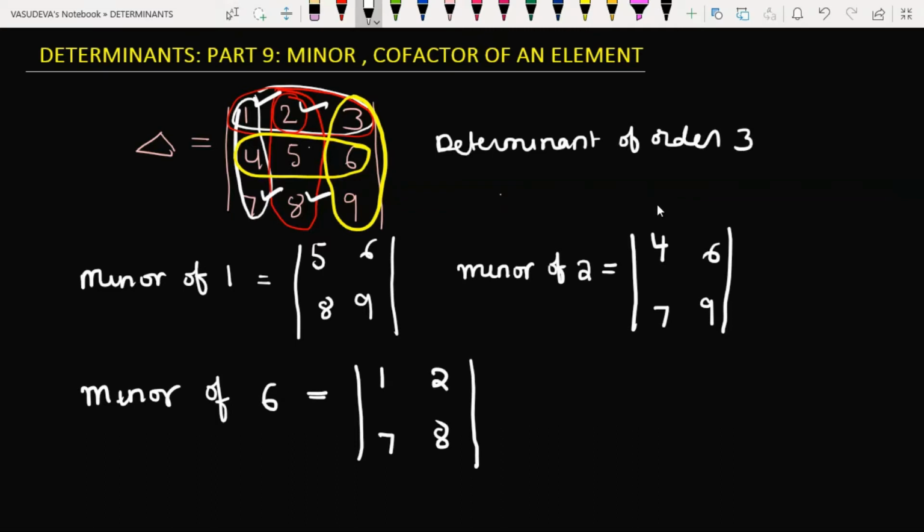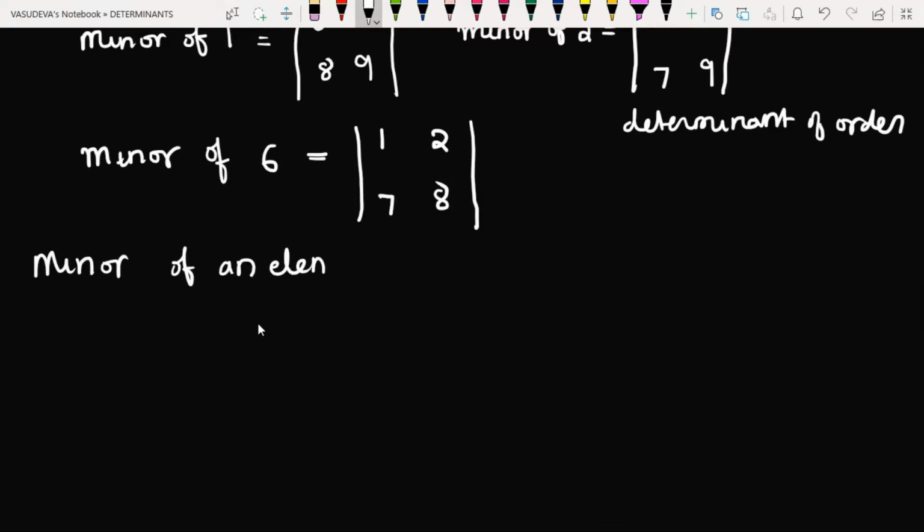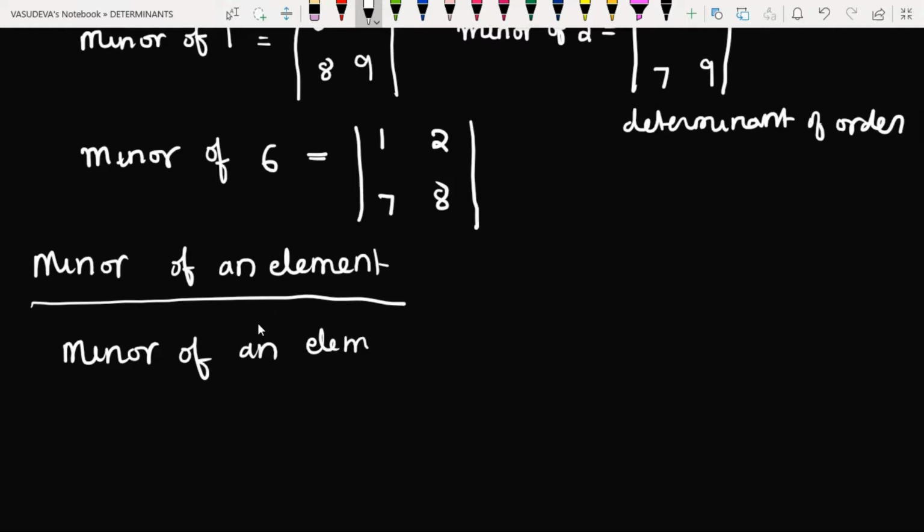Now the minor of an element is a determinant of order 2. All minors of the elements are determinants of order 2. So from this conclusion, we can come to the definition. We can define the minor of an element in a determinant as: minor of an element Aij of a determinant